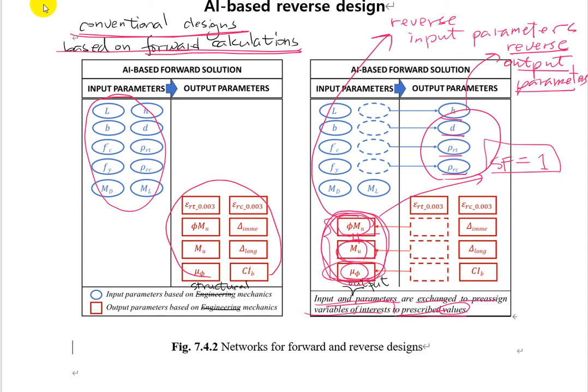Now you have all the parameters in here, including reverse output parameters, which are H, D, rho T, rho C. So you can do this calculation using any type of software, because this is a regular conventional design, and you will be able to come up with the regular output parameters,